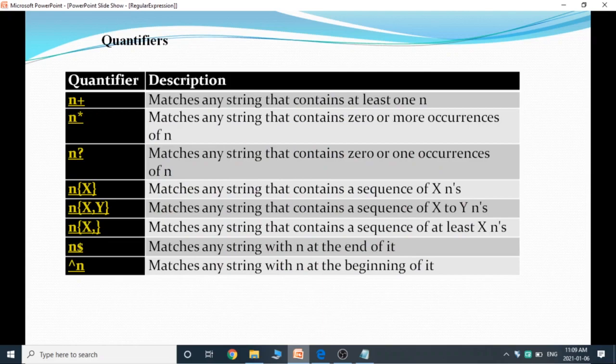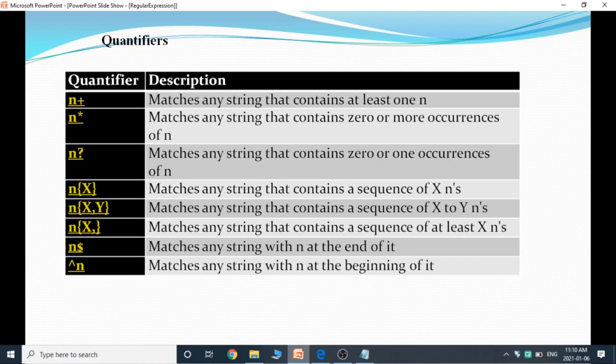Next one is quantifiers. Brackets specify the meaning or range of characters, whereas meta characters use a combination of special meaning. A quantifier specifies the frequency or position of a bracketed character. Sequences and single characters can be denoted by special characters.